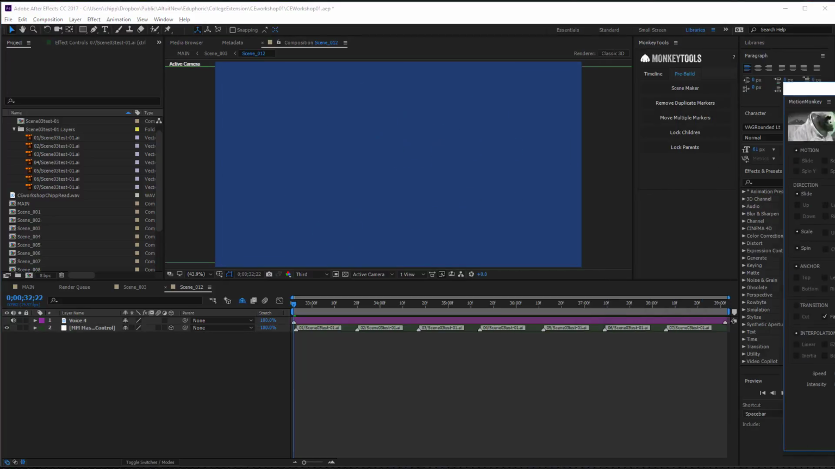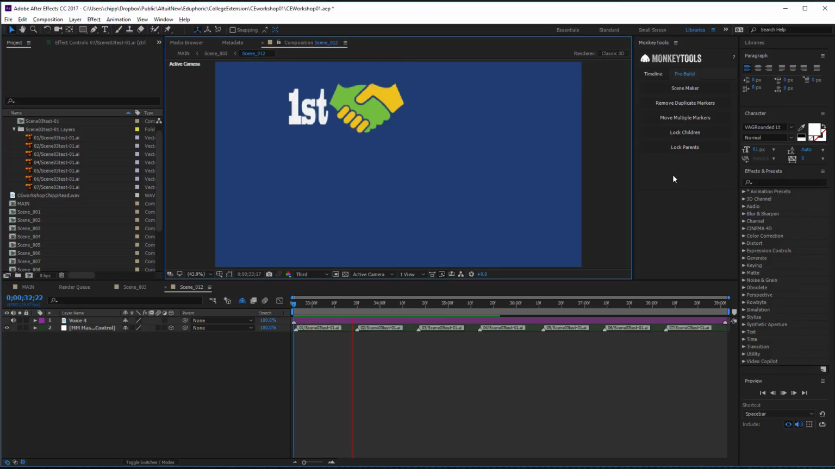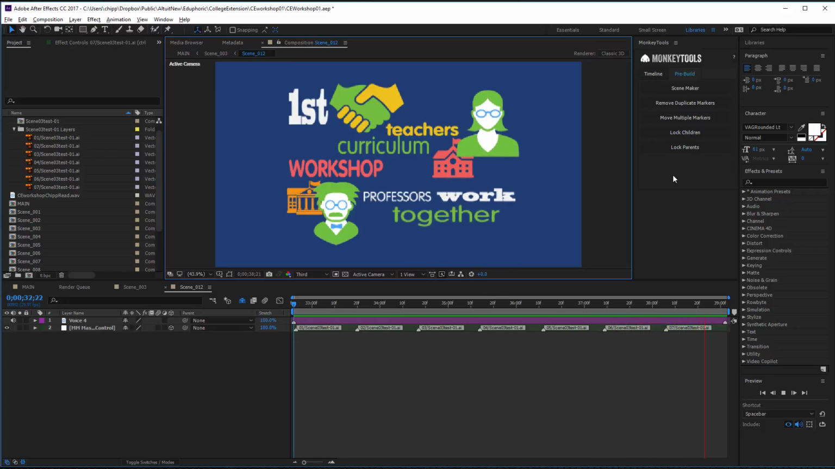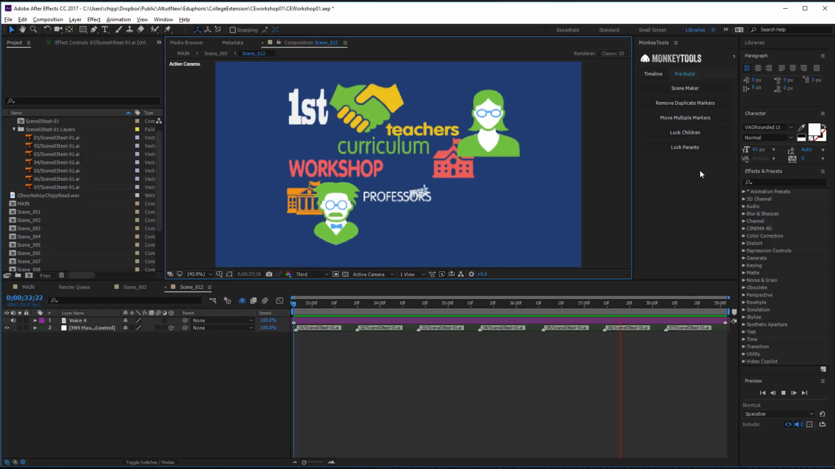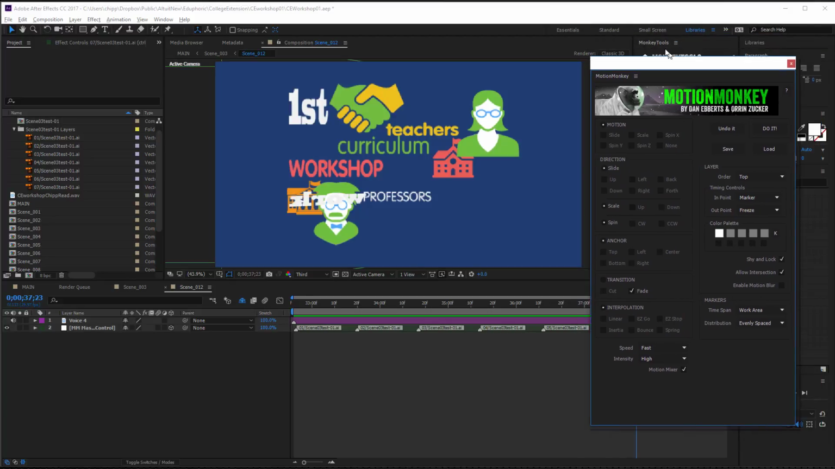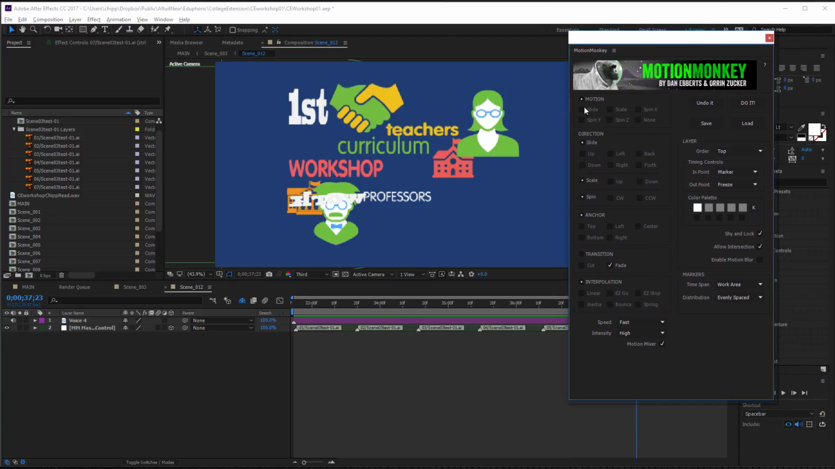Okay. Move MotionMonkey out of the way. Hit the 0 button. So you can already see there's a lot of weirdness going on, and that's primarily because there's too much stuff going on on this. So I'm going to turn off Motion Mixer. I just want to use slide and scale, no spins, and my slide I'll do up. Any of those work. Scales, up or down,